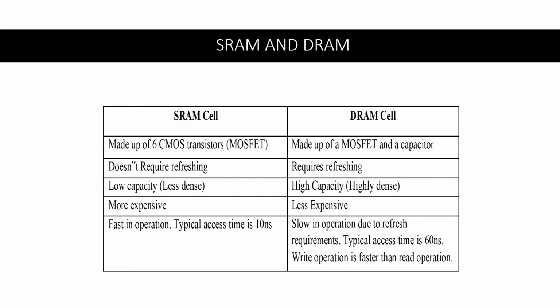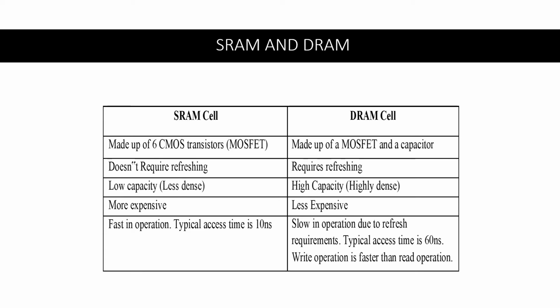Here we can write and read. Write operation is faster than read operation. Though it takes time, we can do both read and write operations in this process. Mostly we use DRAM in all devices. SRAM is used when we need it for small application devices. So this is a major 2 marks question: the difference between SRAM and DRAM.